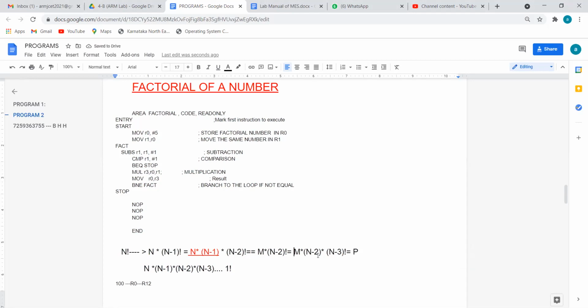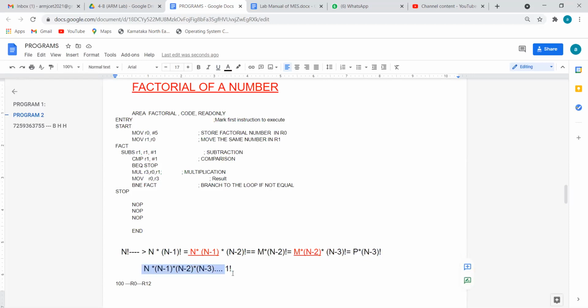Again I will highlight in red and underline m star (n minus 2). I have got some number called p. So its representation now is p star (n minus 3) and its factorial. What's happening here is I am going to use the earlier product. I am going to substitute two registers holding m and (n minus 2) with only one register, and keep the variable (n minus 3) as it is.